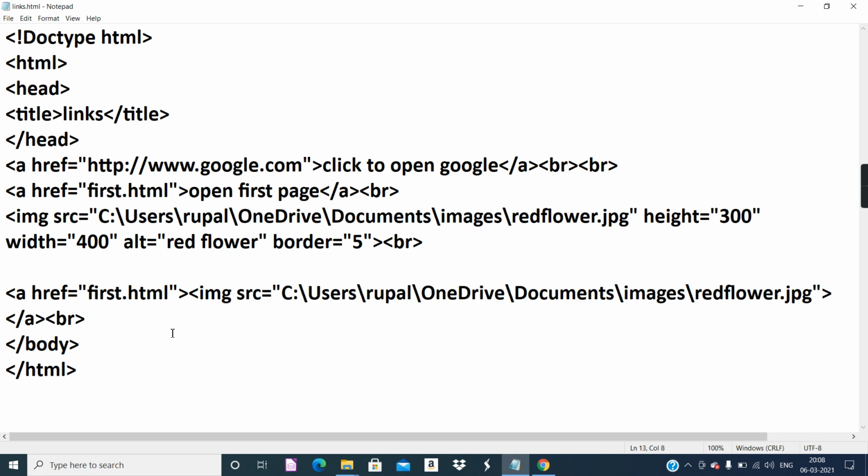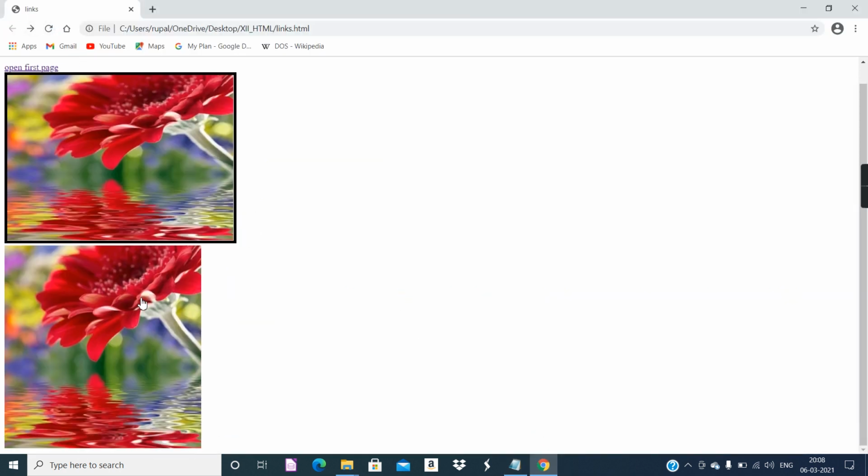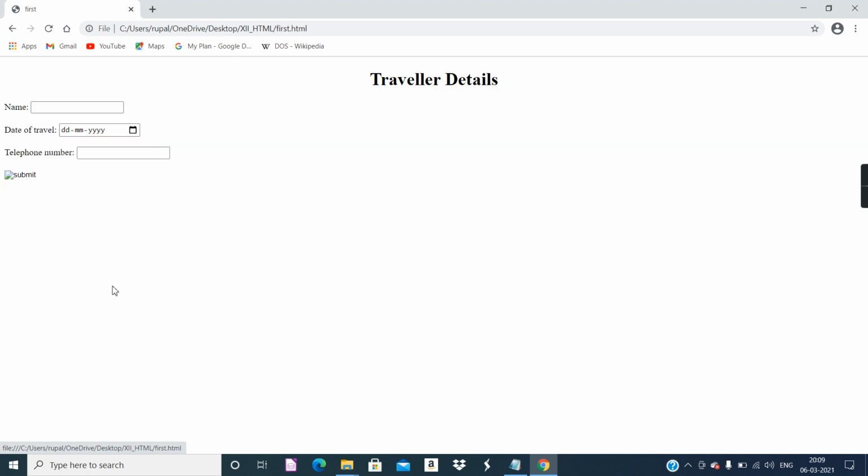Let's see. Control S, refresh, see another image, and see this is an image. When I put my cursor over here, it's an arrow. That means no effect when I click it. But when I bring my cursor over this image, it turned to that palm icon with pointed finger. That means this is clickable. So if I click this, this web page got linked.